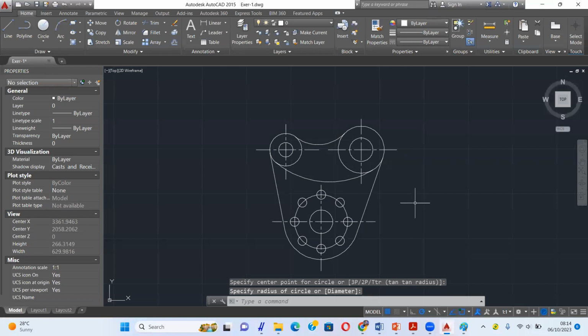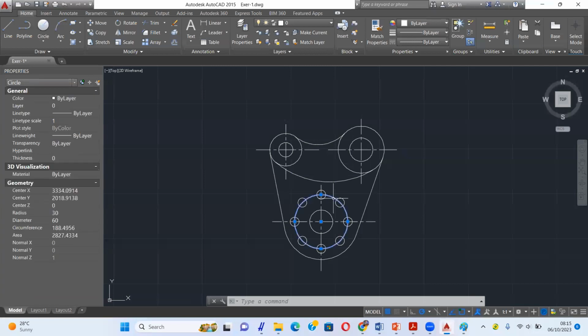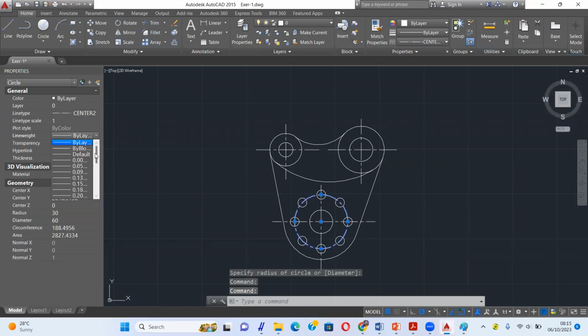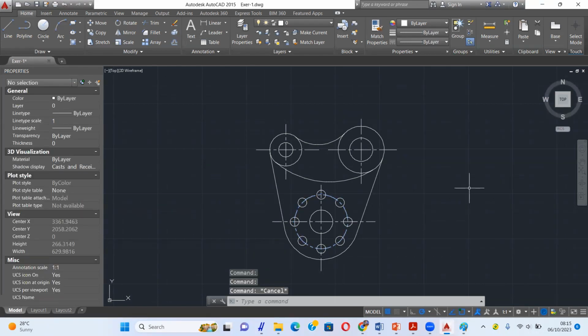Okay, this one. Then you can change this line into center. Line type, center. Also line width, you can change to 0.15.